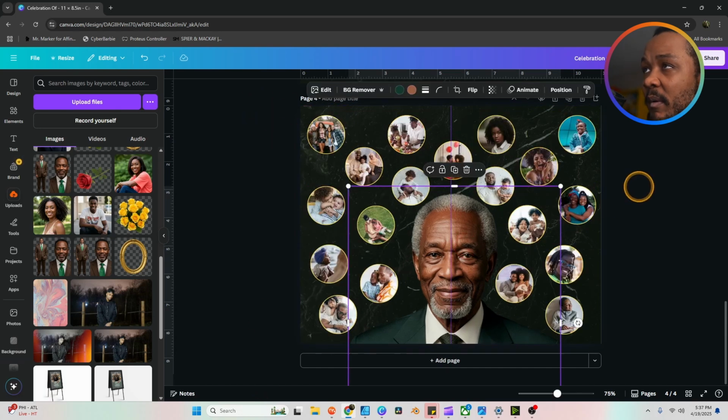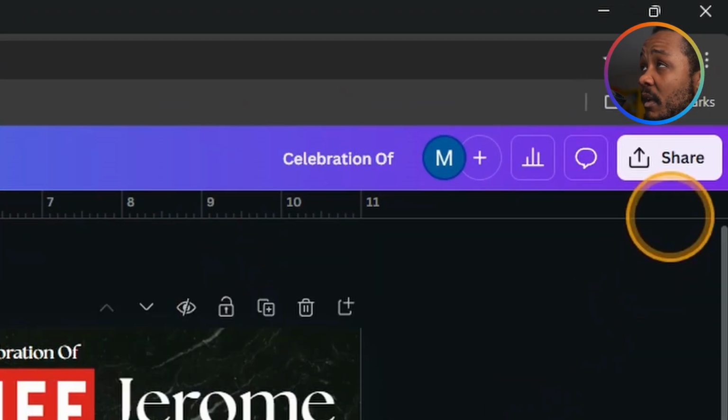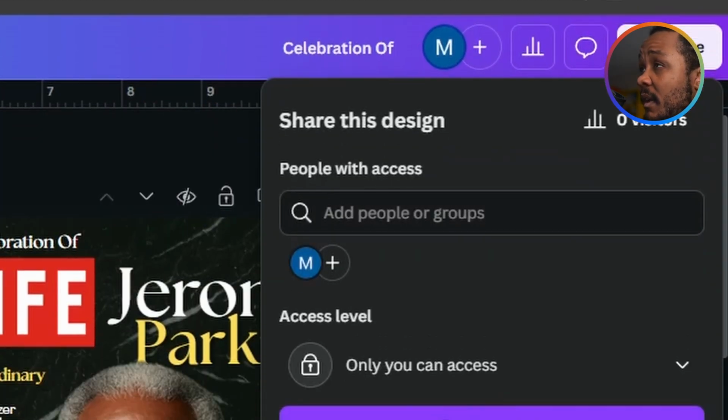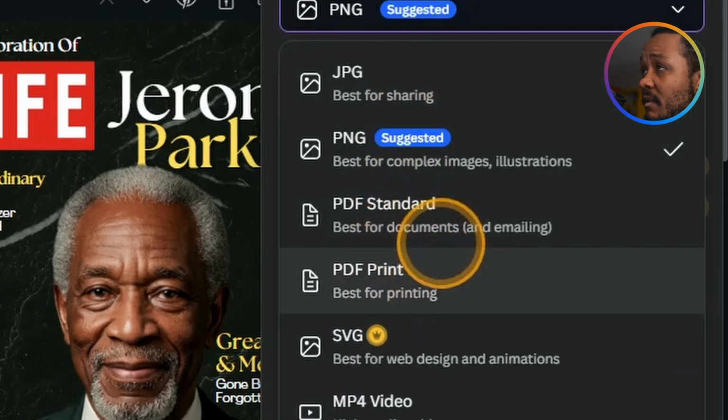Okay. Now that we got all our photos in here, you can kind of see where we was going with that. It's going to open up to a centerfold, and then the middle page is going to be all of his pictures, all of his family's photos around him. And that is pretty much it. So from this point, we're going to go ahead and go to share, and then we're going to go to download, and then we'll pick PDF print,